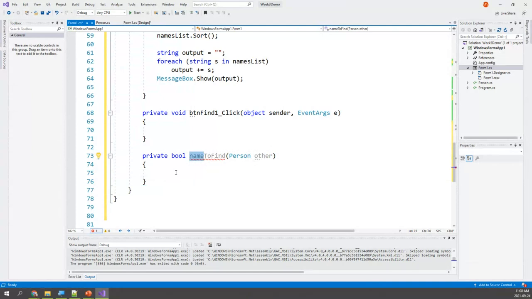Now, I called this thing name to find because I'm going to be looking for a particular name. Now, for brevity's sake, I'm just going to hard code the name that we're looking for. And we're going to say, if this other person matches the name that I'm looking for, I return true. So let's say I'm looking for somebody called Molly. I'm going to say